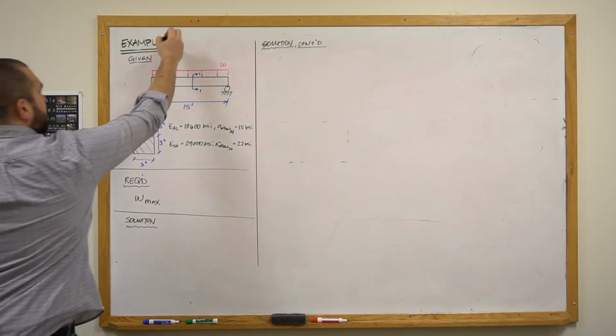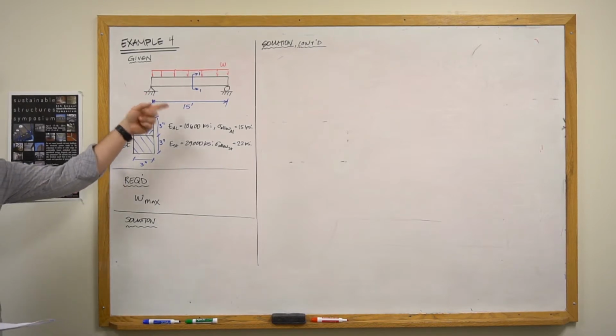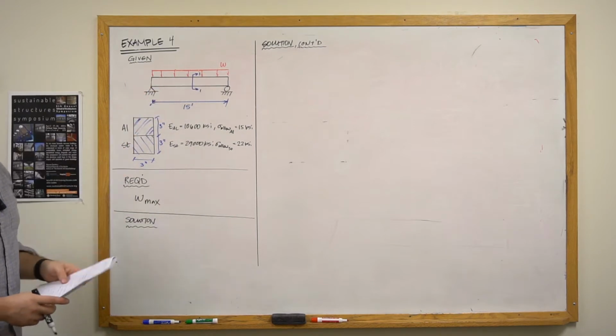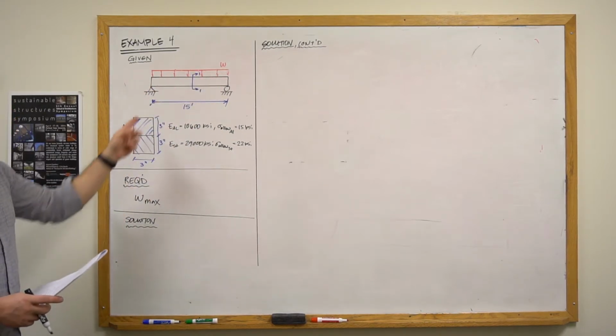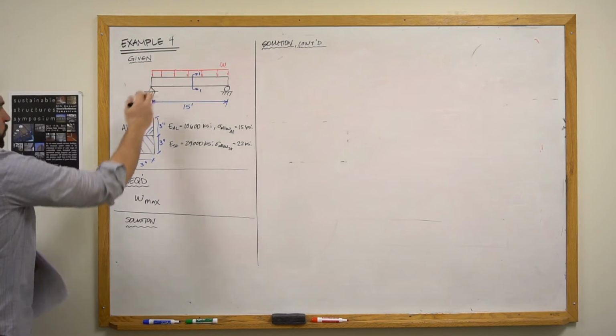All right, so we've got example 4 to wrap up this lecture. We're given a simply supported beam with a uniformly distributed load with a magnitude of W, which is unknown. And we're told that we have a span length of 15 feet. And the cross section, section 1-1,